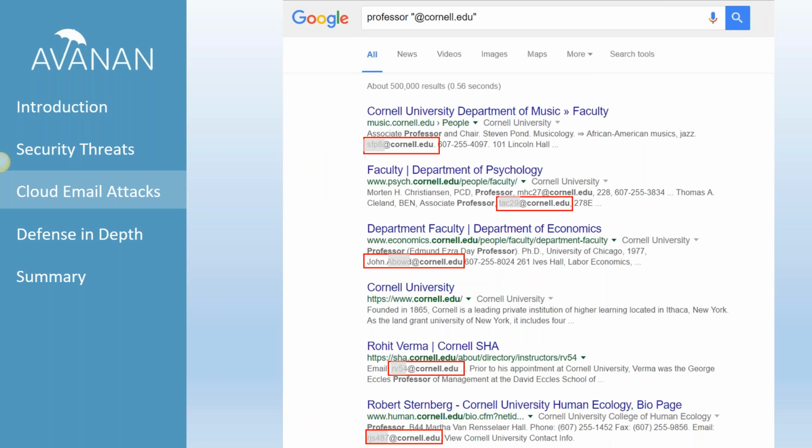I figured since Cornell was bold enough to have such a strong anti-phishing position with all these examples of phishing, no offense to Cornell, I just wanted to see how easy it would be for somebody to scrape actual email addresses of Cornell faculty. So by a very simple Google search of the word professor, and then in quotes, at cornell.edu,